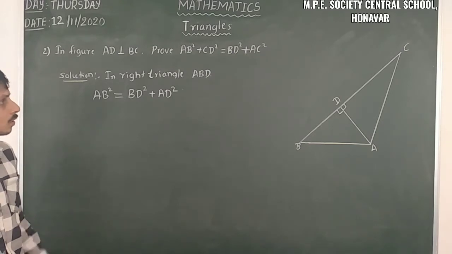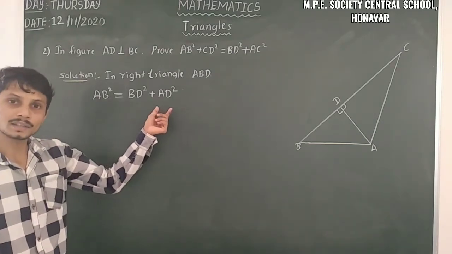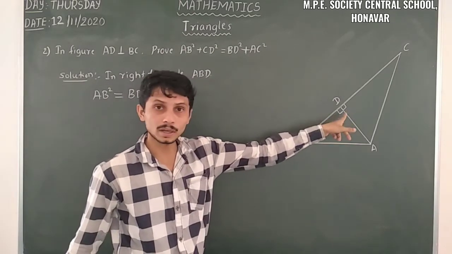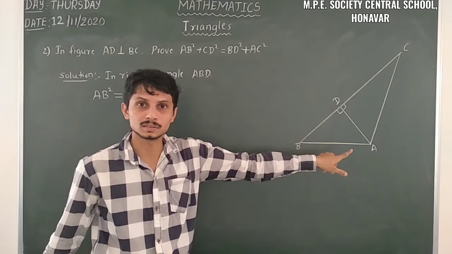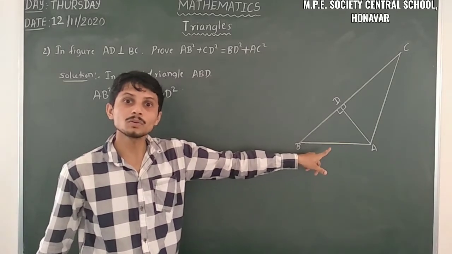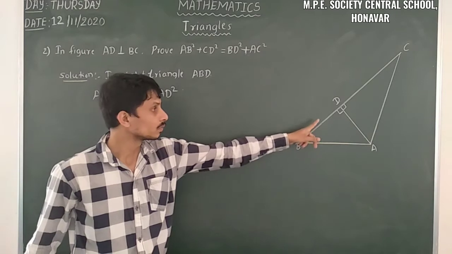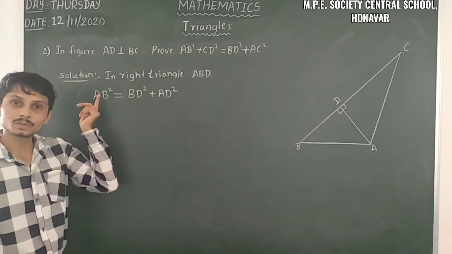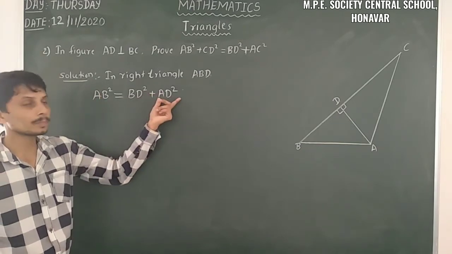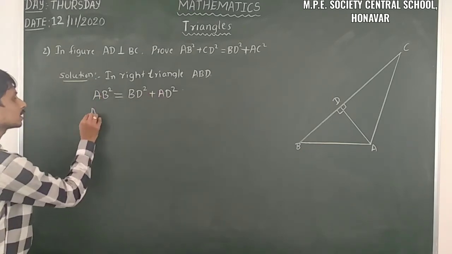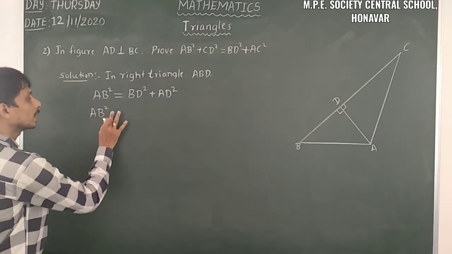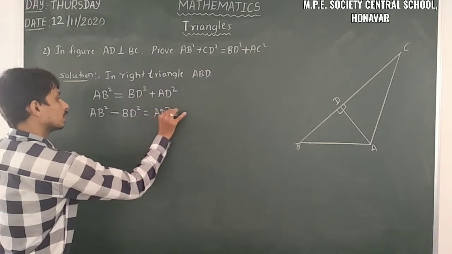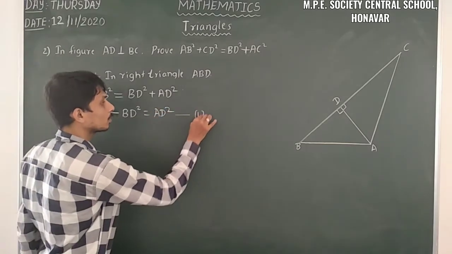Here we can write this in terms of AD square, because when we take those two triangles, AD is common to both. So that's why we have to equate those things. Transpose this BD square to the LHS side, and it comes to the form of AD square. AB square minus BD square is equal to AD square. I will take this as equation number 1.